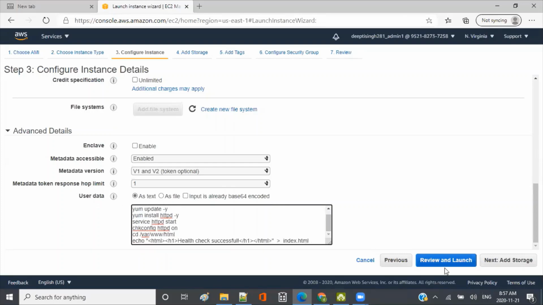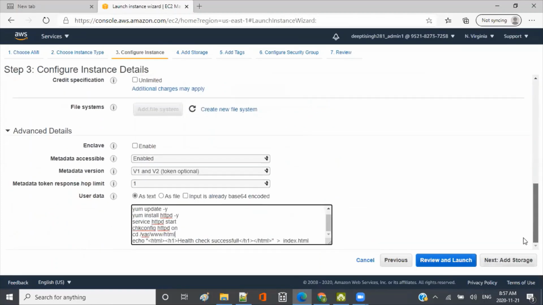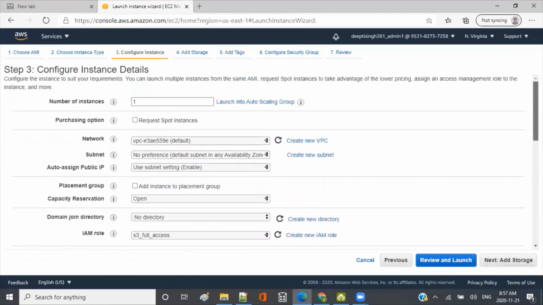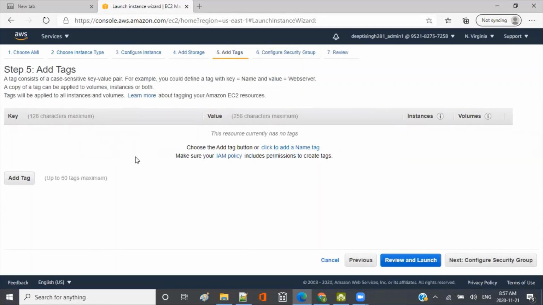And then we are just creating the instance, right? You see here we have the steps, and we are at this step, where you can add storage. By default it's taking 8 gigs, and I'm okay with that storage. And then add tags, you can do some tagging, some kind of labels. If you want, you can say environment, and specify test. For another instance, you can say environment prod or something like that.